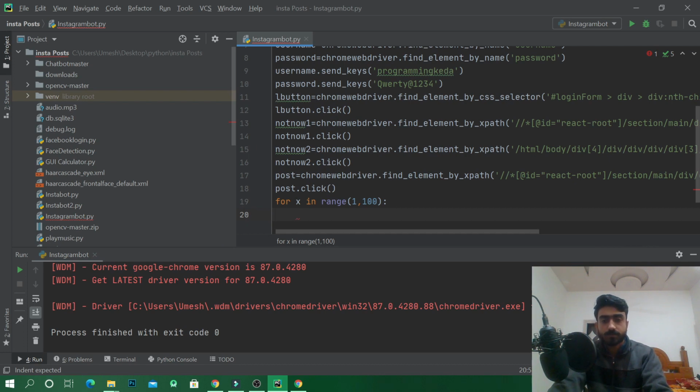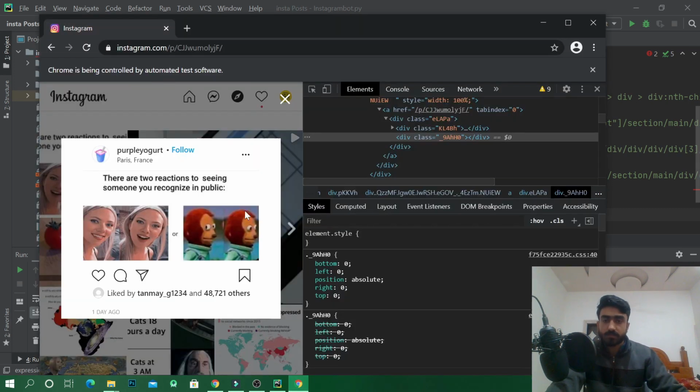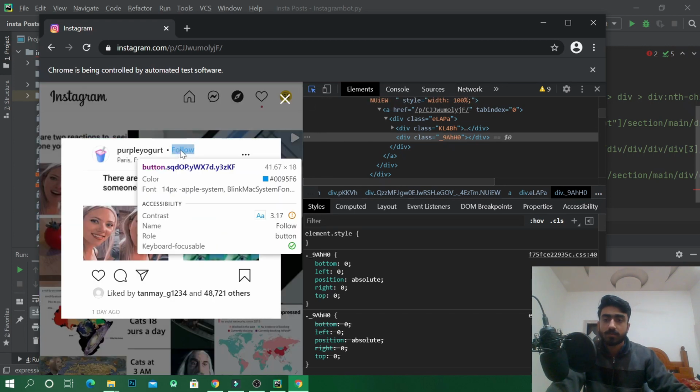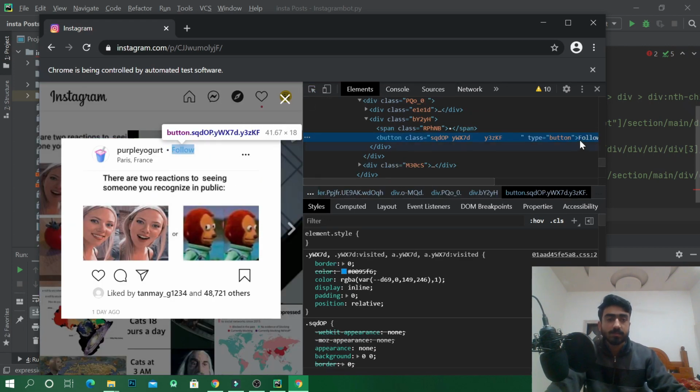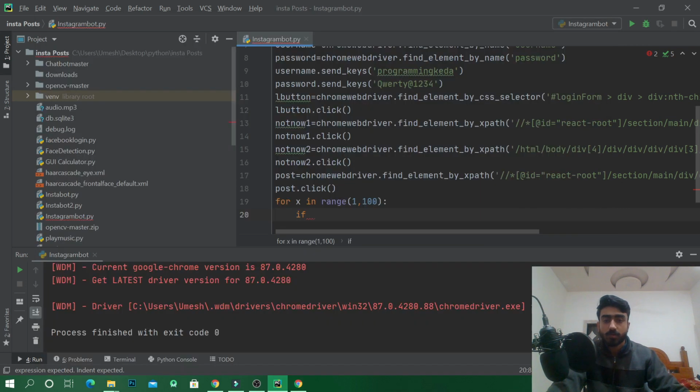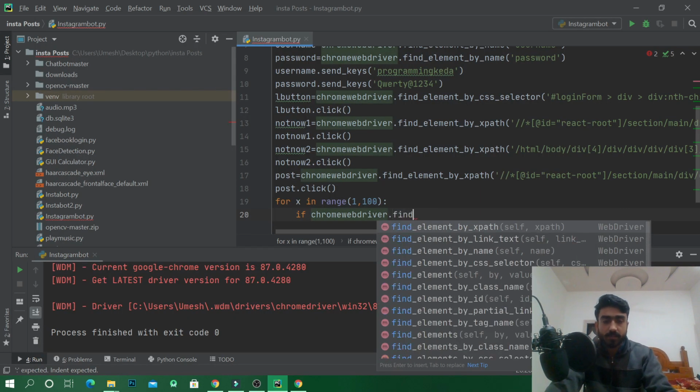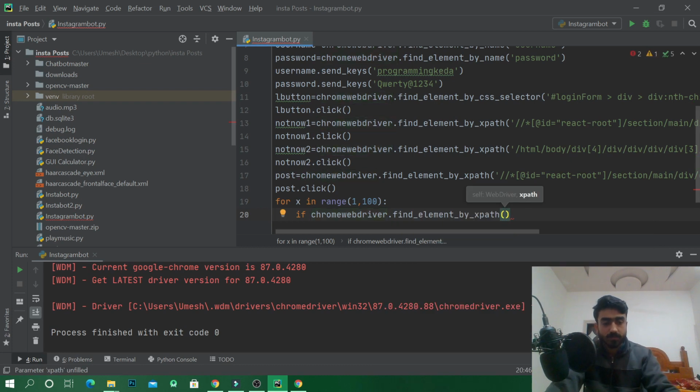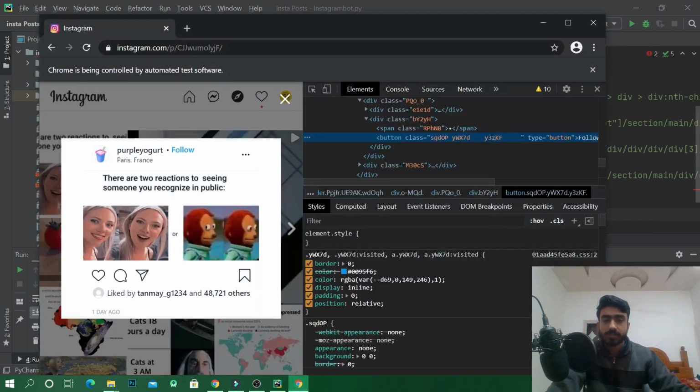So if this element is follow, we'll do Chrome WebDriver dot find element by XPath. What is this element?